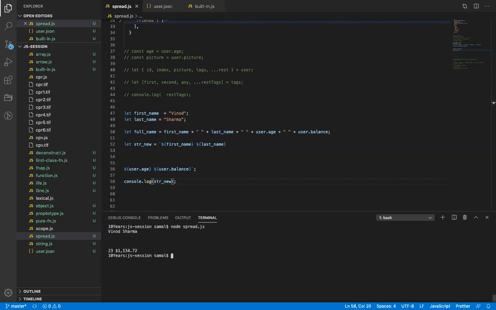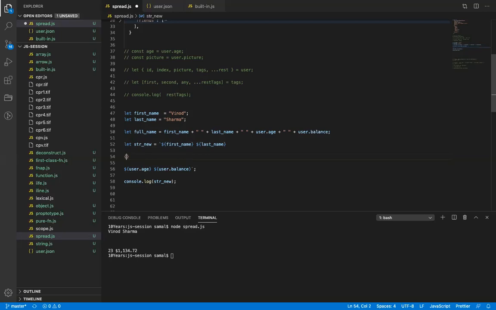All right. So this is the string literal, which basically helps us do string concatenation very smoothly. Again, I use this very often whenever I have to do a variable transformation, joining multiple variables with this. But one problem with this is if you don't have a variable which is defined.